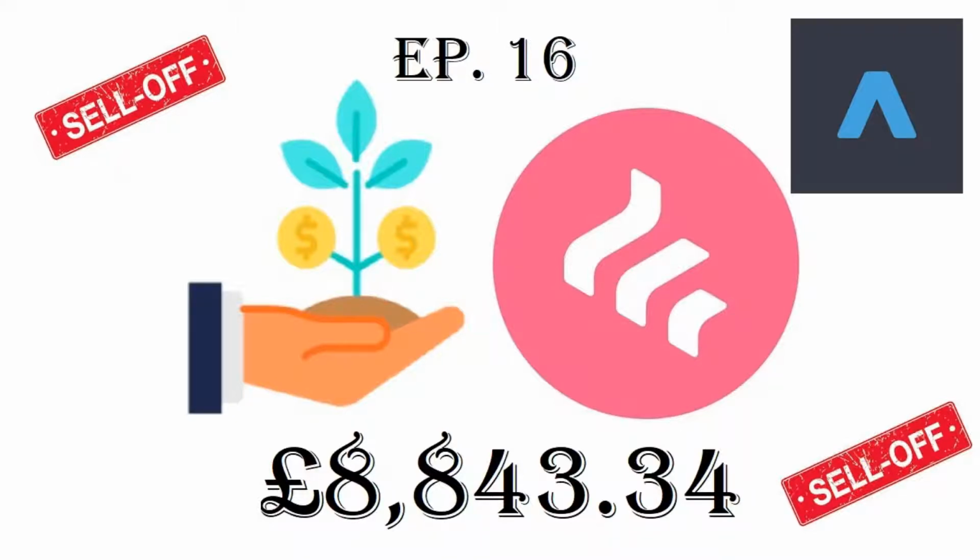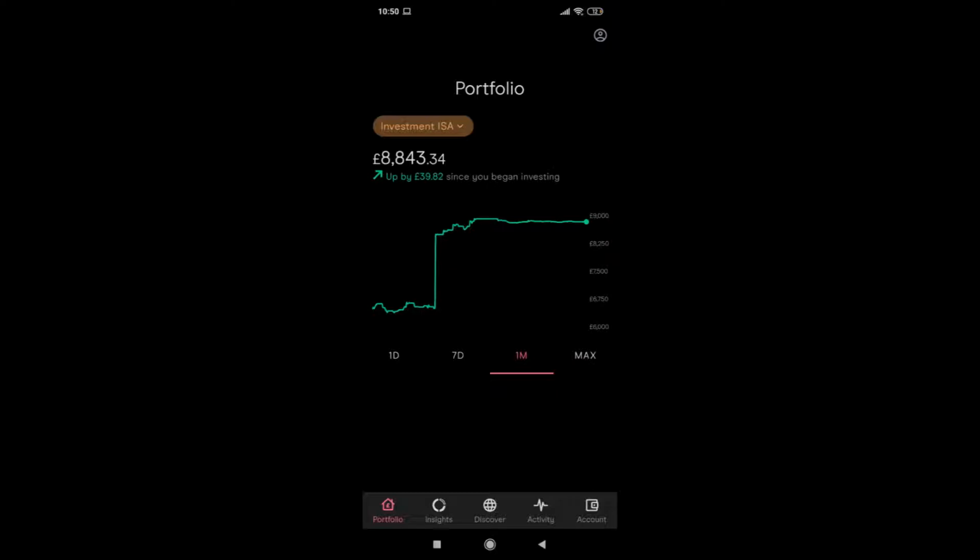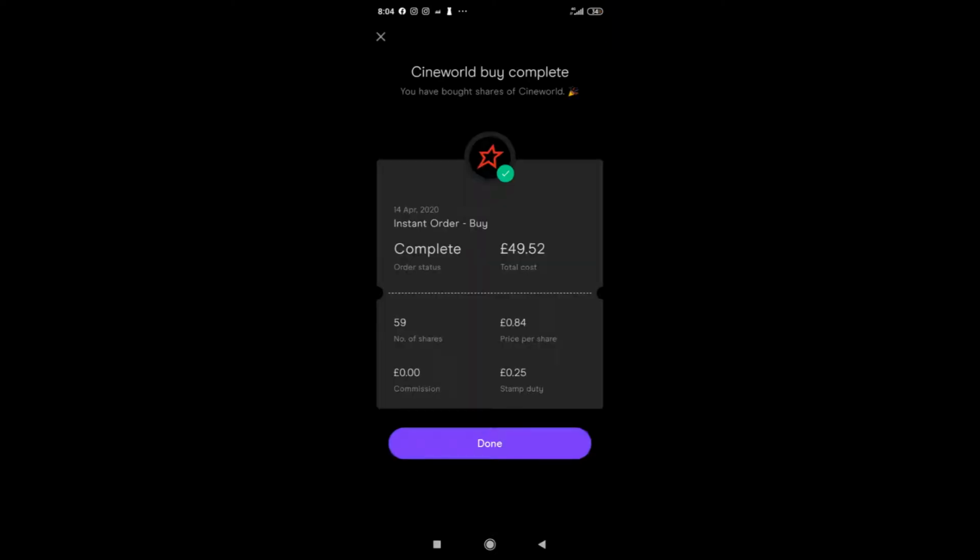Okay, so I am currently at £8,843.34p. And I've sold everything. So initially what I have done in the previous weeks is that I have bought Cineworld thinking that there's a great rise, and I've made quite a bit of loss. So I made about £7 loss, and I've tried again and I've lost £1. So overall that excursion cost me about £8, but then I did a full sell off of all my FTSE